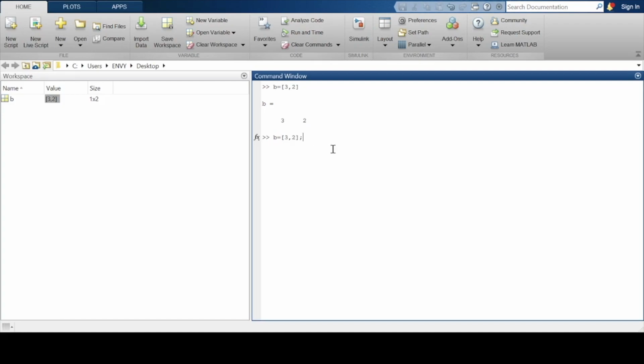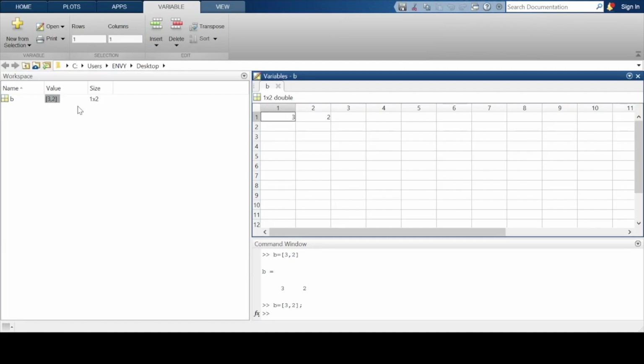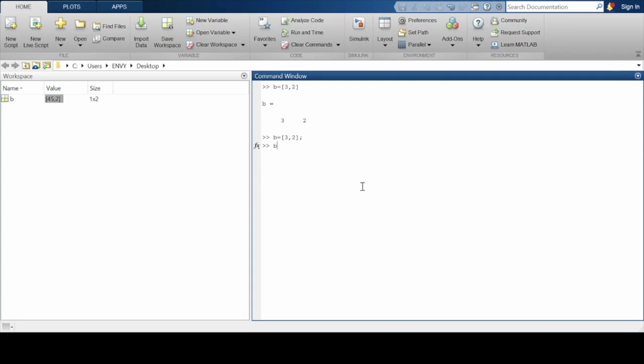You add a semicolon at the end, and we see that it doesn't show up. You can also change the values by double clicking on the value in the workspace and modifying the values there.